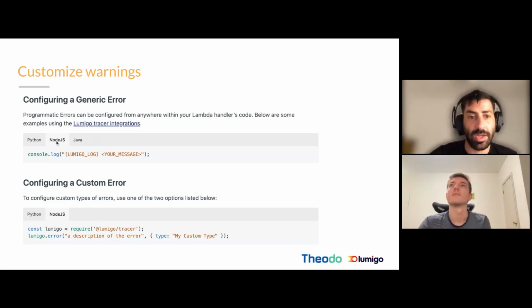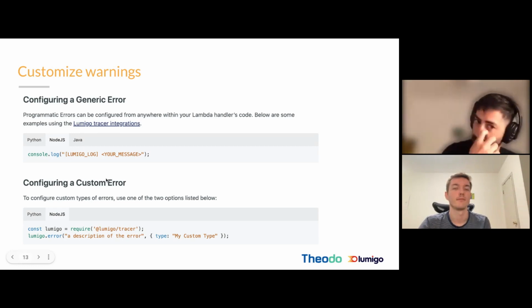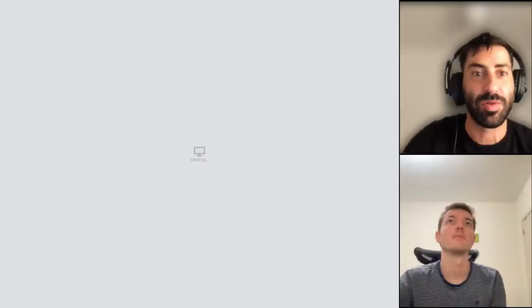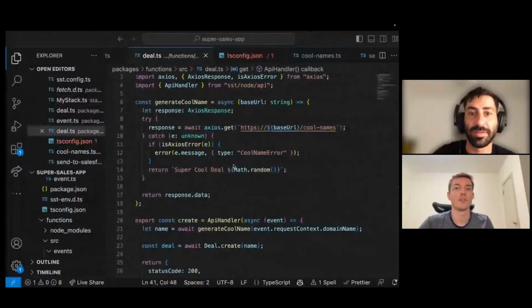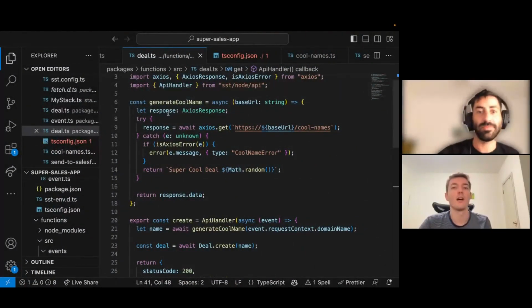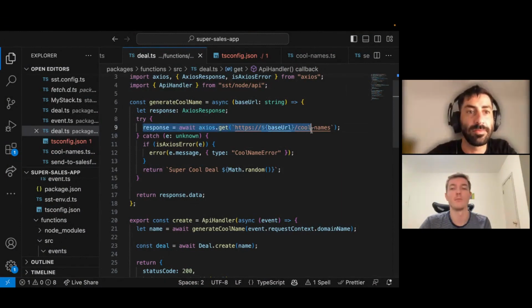So Alex, I noticed that your application is with Node, and this is how to implement programmatic errors. Now, if you're willing to share your screen and show us how you did it. Perfect. So yeah, right, I already had a try catch around my fetch to that third-party API to get cool names,